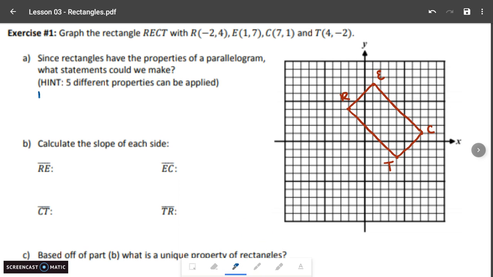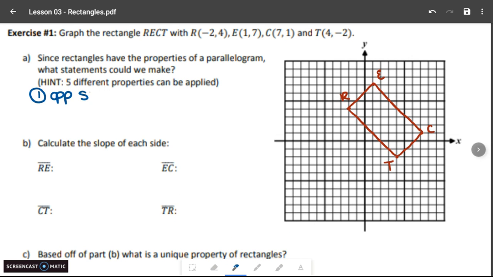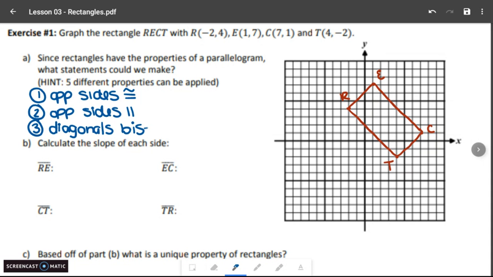So remember, one property that parallelograms have is that opposite sides are congruent. Another thing that's true about the opposite sides is that they're parallel. Remember, we learned about diagonals, which cut across a four-sided shape. And in this case, diagonals bisect each other. And then opposite angles are congruent,